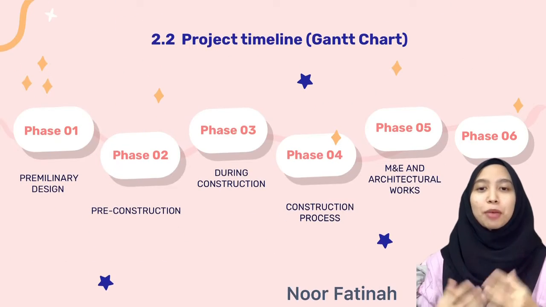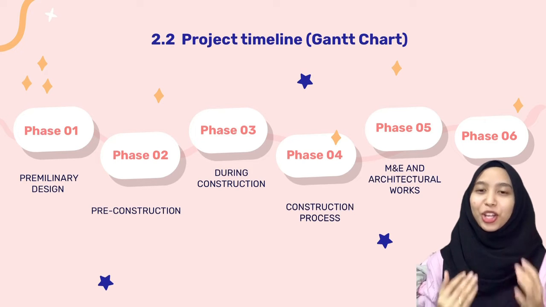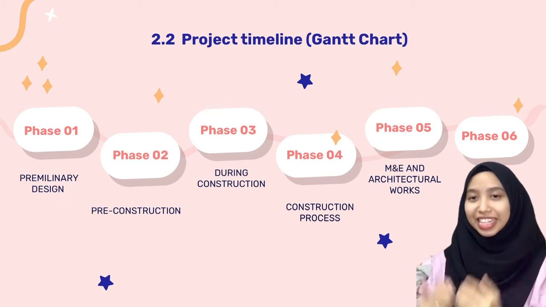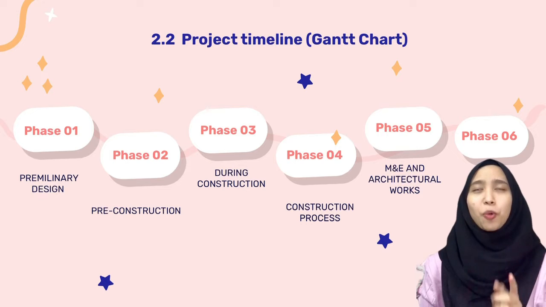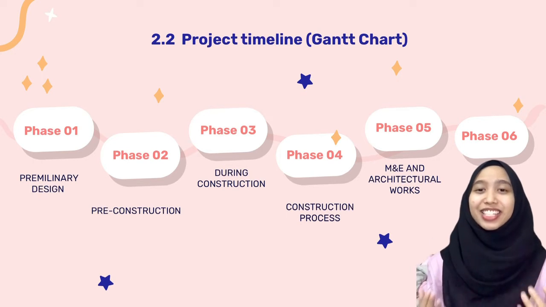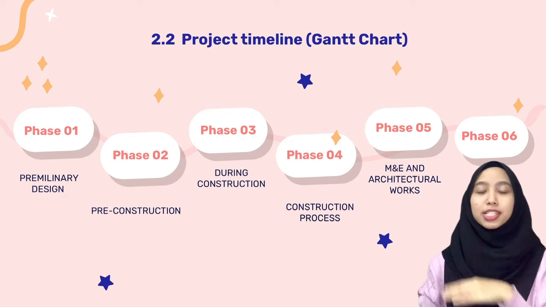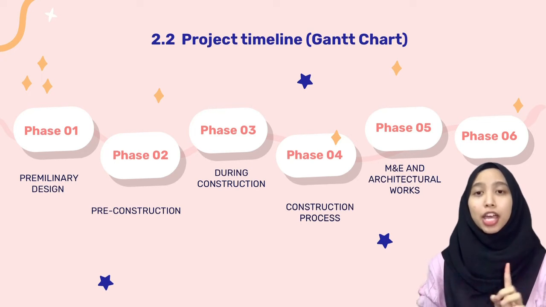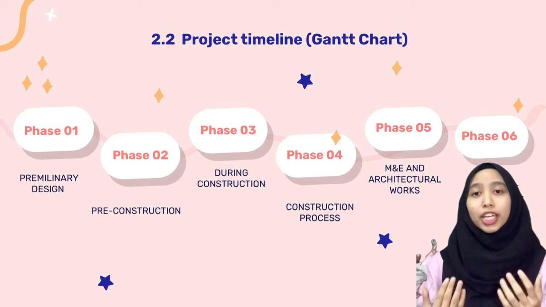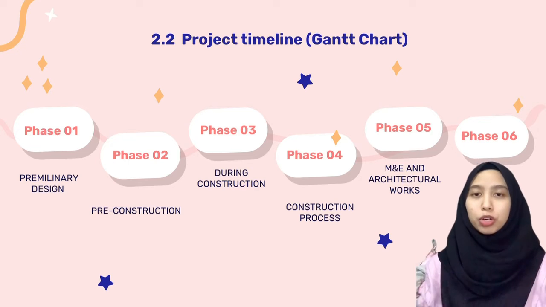Before we start, let me give you some Gantt chart general information, as I'm pretty sure that all of you are not familiar with this word, as we are still students and not working yet. So, what is meant by a Gantt chart? Basically, a Gantt chart is a visualization that helps in scheduling, managing, and monitoring tasks. Hence, the chart also shows the project timelines, including the start date until the end date, and duration as well. Okay, now that it is clear, let's proceed with the Gantt chart for our project, in which